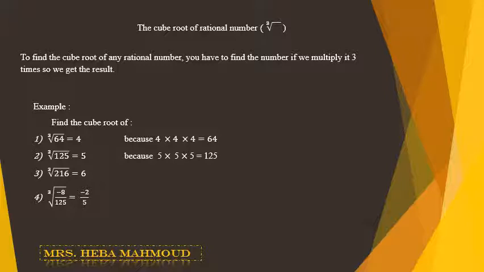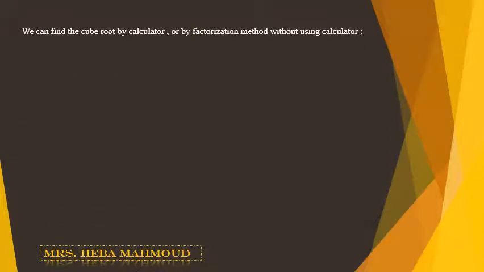we have to find the cube root of the numerator, which is the cube root of negative 8, will be negative 2, and the cube root of 125 will be 5. Now, we can find the cube root by calculator or by the factorization methods that we took in Form 4 without using